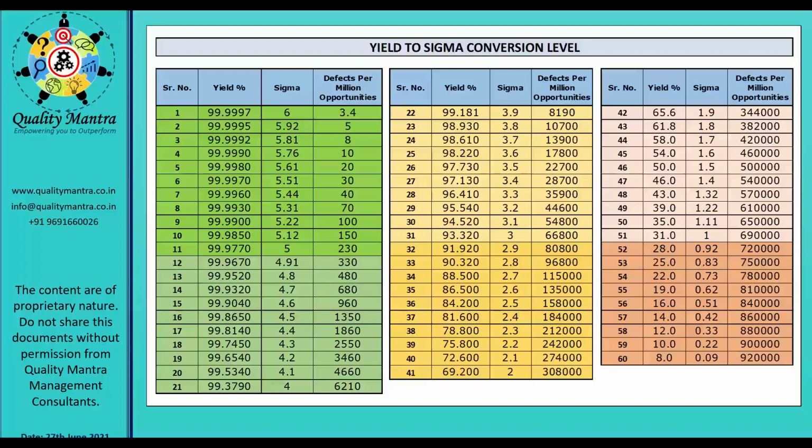We have also seen how to prepare various types of control charts for variable data and attribute data. So we have seen the individual data chart, or you can say X chart, I chart. Then we have seen the IMR chart. Then we have seen the X bar R chart and X bar S chart. We have also seen the charts for attributes, that is NP chart, P chart, C chart, and U chart.